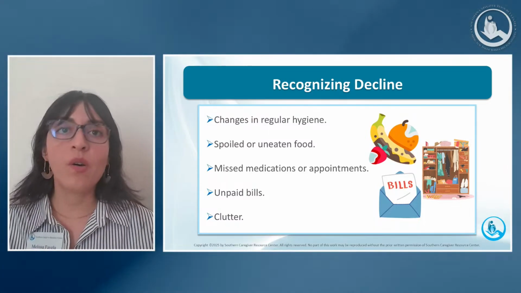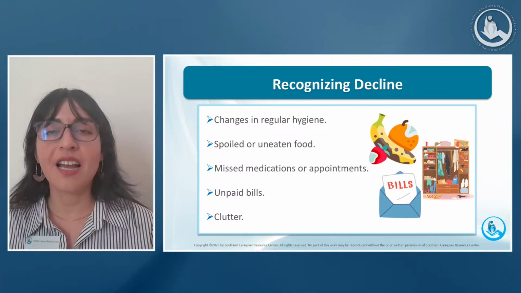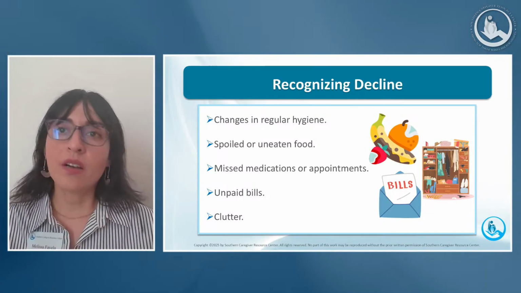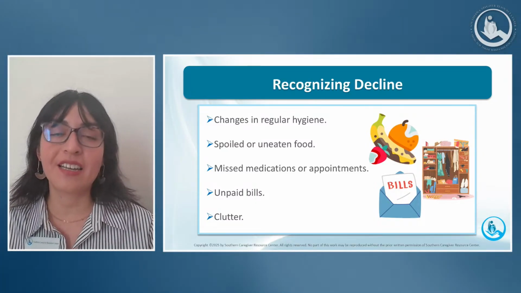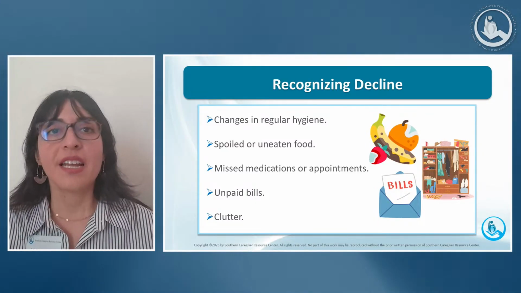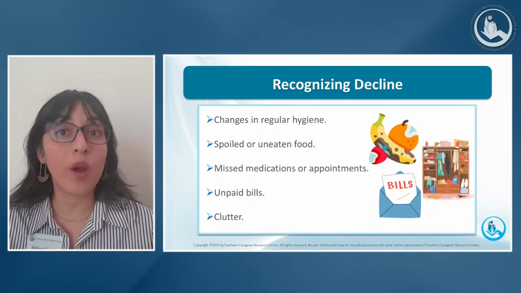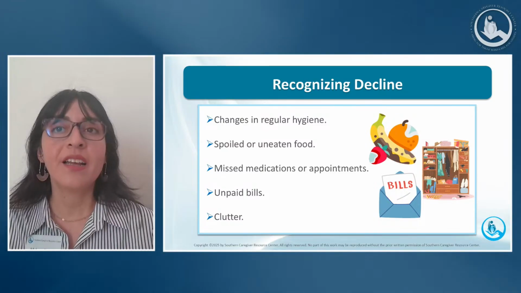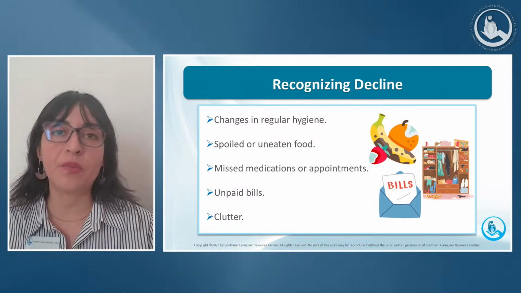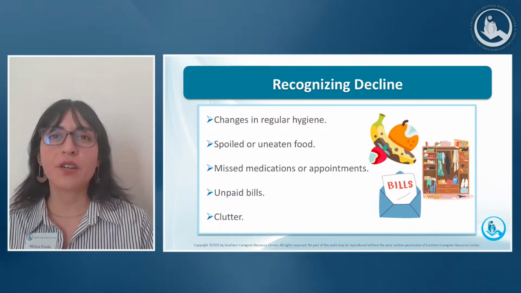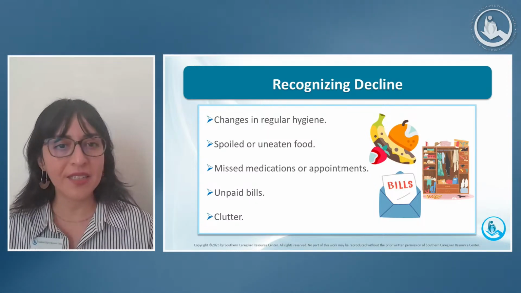Now that we know some of the things that might cause a decline in ADLs and IADLs, we'll now talk about how family caregivers can recognize decline in their care receivers. Here are some warning signs that can help family caregivers be aware that there may be a decline. However, changes in an individual's ability to perform ADLs can really serve as an early indicator, right? Because not everybody is starting from the same baseline.